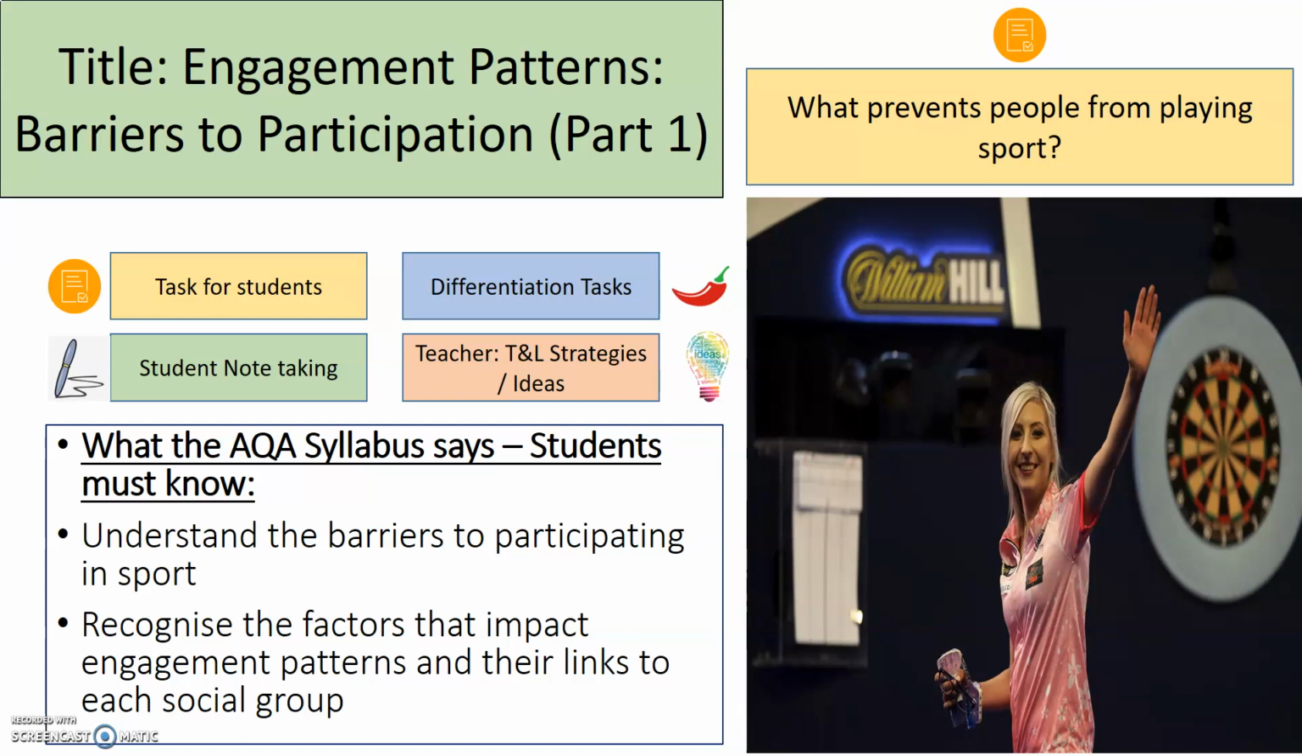So your first task, you can see on the right hand side, is once you've written the title: what prevents people from playing sport? Okay, so hopefully you've come up with a few ideas there. Obviously, a lot of you would have written down things like being injured, for example. Some of you may have mentioned the fact that you've got a disability that might impact on you